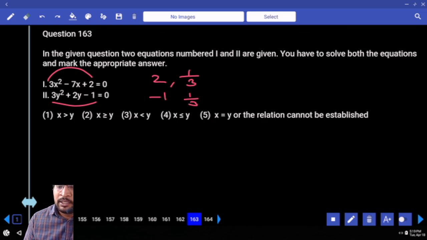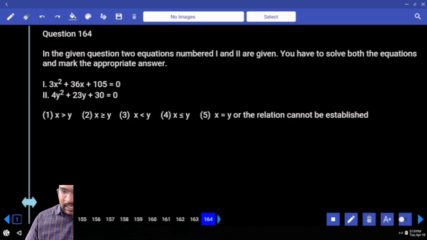Now tell me, 2 is always greater, na? 2 is always greater but sometimes equal, then your answer is x greater than or equal to y. X is always greater, sometimes equal. Next one, fourth one. So cancel with 3, na? Cancel with 3. 3 12 times 3 35 times 705, na? 705. It comes outside minus 5 minus 7.